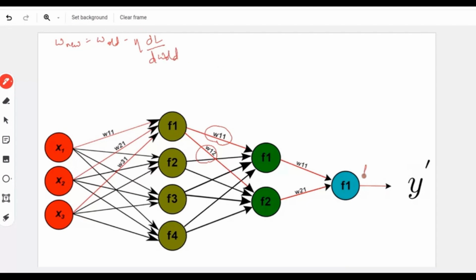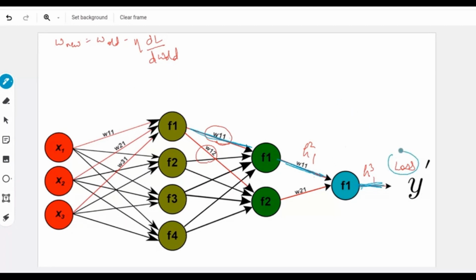Okay, you have the output here. This leads to the loss. You have the output here and you have the weights. So for this weight, what is the path? Let us just look into the path. You have this here, then you have this here, and then finally you have this weight. This is the path. So you have to go back in this path.